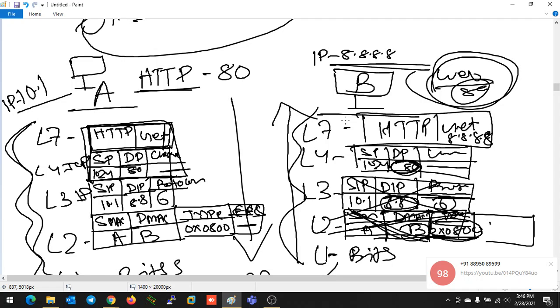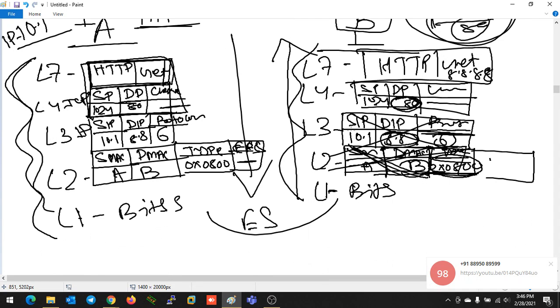So why am I trying to tell you more about these things? Because at the starting of OSI I told you all devices should follow some rules. So these are the exact rules for each and every layer. Some protocols are there, and according to their rules only, some information is going to be attached, and the encapsulation process of attaching the header and everything is going to happen, and the device is going to send the data. So all the devices that are trying to send data have to follow this kind of format.